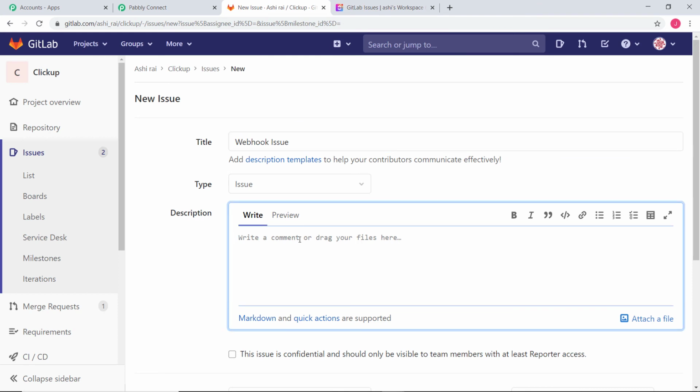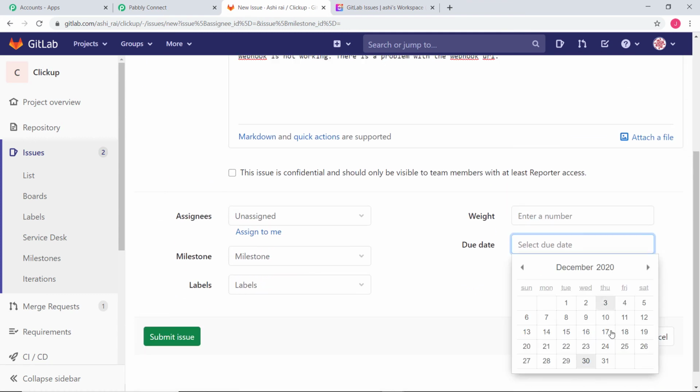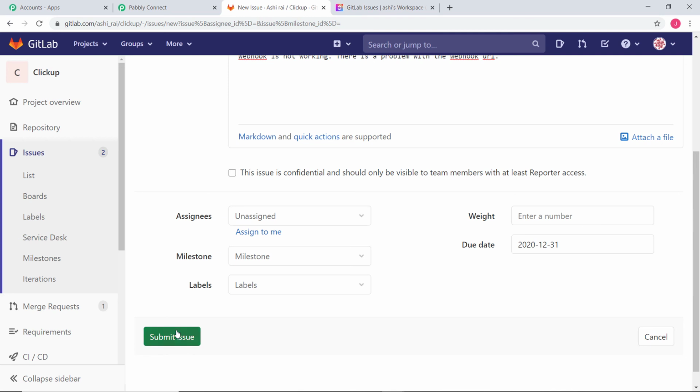I'm going to write Webhook is not working. There is a problem with the webhook URL. Okay, so due date I'll keep it as tomorrow's. Submit issue.